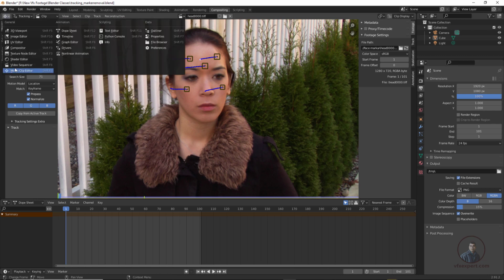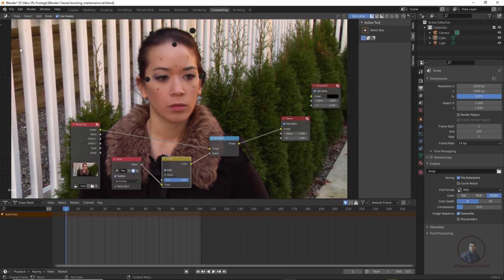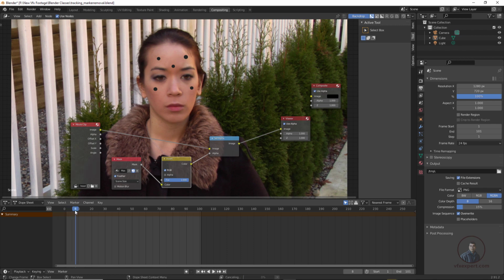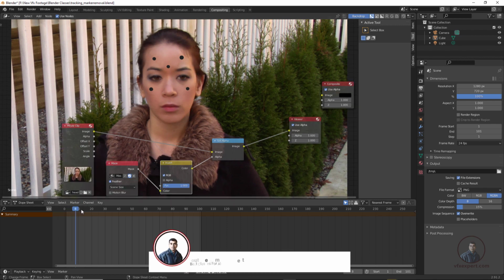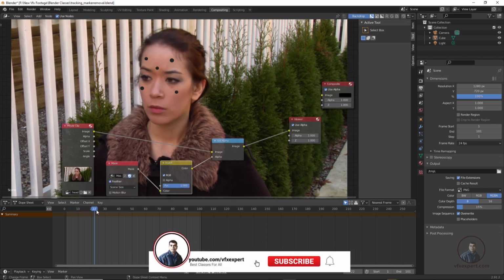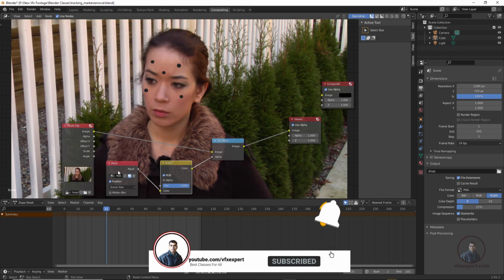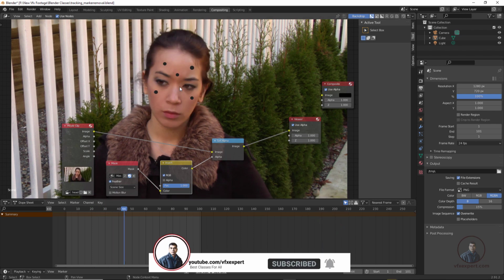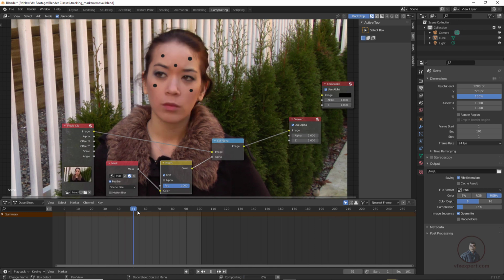Now first come here in our compositing view. Usually we can see this compositor here. Now I am going to change it here. Type 1280 by 720, according to your footage size or frame size, you have to type it here. Remember this one, 720. Now adjust it a little bit. If you look now, these are looking good. Easily we can see all these shapes are placed in our exact positions, and it's following. This is the most important thing.